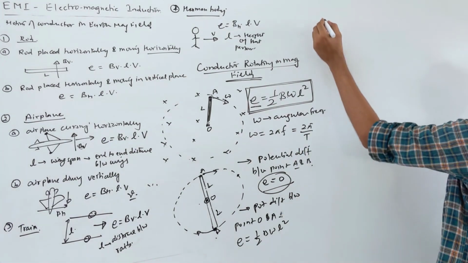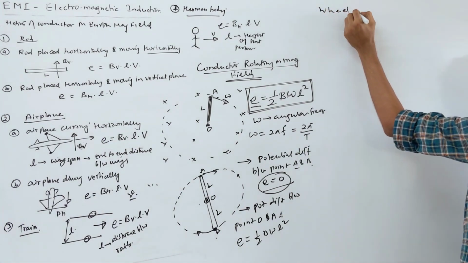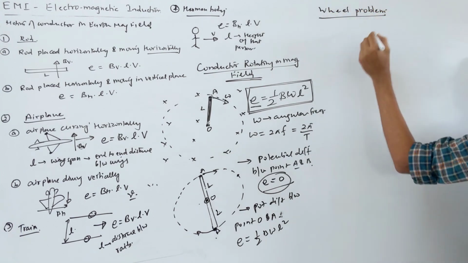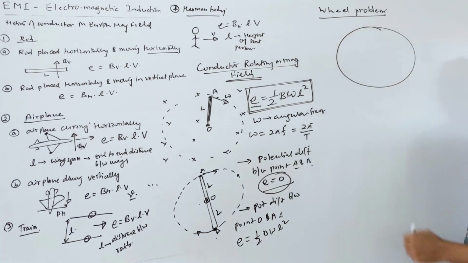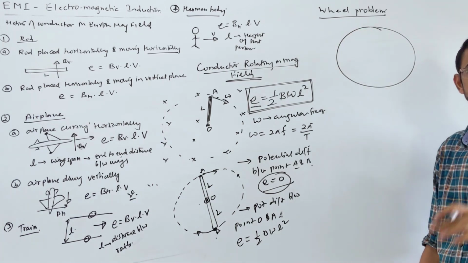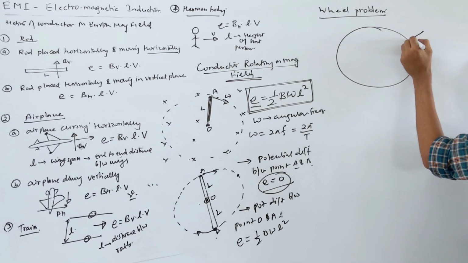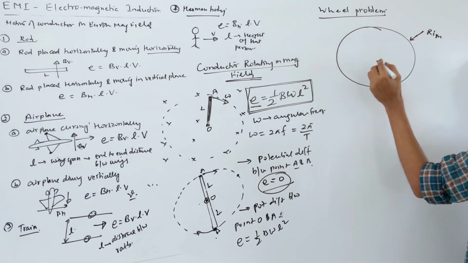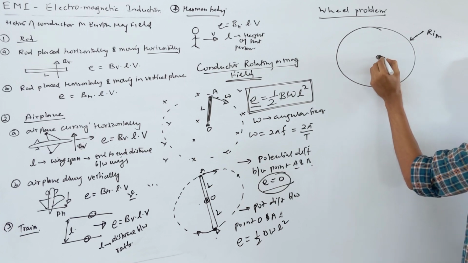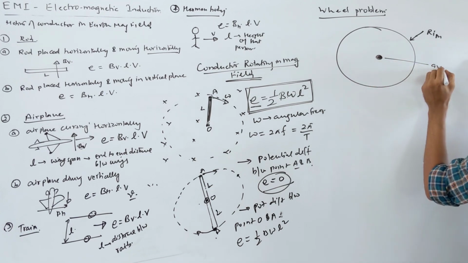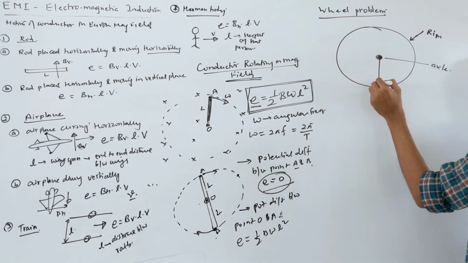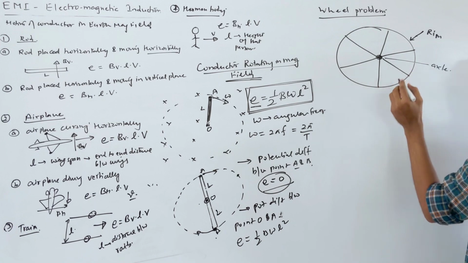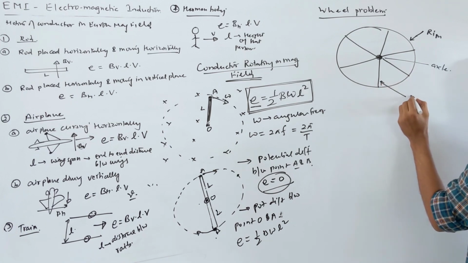Okay, this question I will show in one more format, in terms of wheel format. Look here, wheel problem. As you know, this wheel consists of, any wheel consists of mainly 3 parts. One is called the rim. This outer circular part is called the rim, right? Then here we have the axle, right? That part is called the axle. From the axle we have spokes, which are connected with our rim like that way.